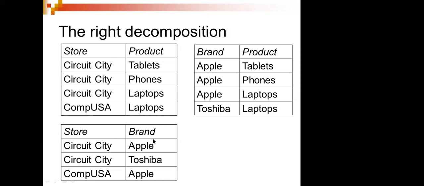So this is linked to this. So brand and products depend on the store and brand. Why? Because Apple and Toshiba are coming from the brand. Then product is what? Tablet, phones, tablet. This is what you are trying to enter. But where is this coming from? Again, this is coming from the store. That means this table is linked to this and this table is linked to this. So store and product is the master table, and brand and product is the child table. Again, store and brand is the child table. So this is child for all. This is child for this. Like this, you have the criteria. So I will try to divide this.